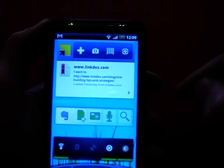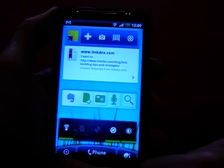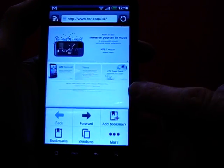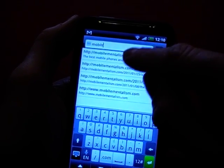So if I wanted a bookmark, I can go into the web browser as we saw before. In fact, I'll do that now. So if I just go into the web browser, let's see, what did I do with it? Let's go to a new one. So if I go back to Mobile Mentalism again,